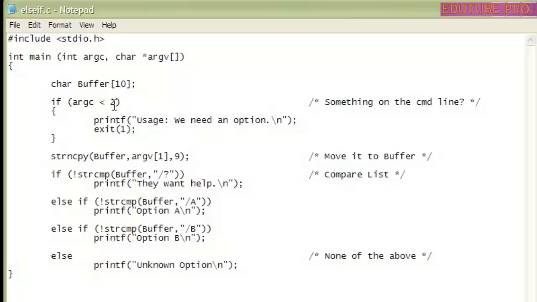Let's say that our argument count is greater than 2, which is what we need. We'll continue past our if on down to here. This is a function that we haven't talked about yet. It's one of the standard string handling functions, and it's pretty easy to use, as you can see, and it's called strncpy. And strncpy will take a number of characters from the second item and put